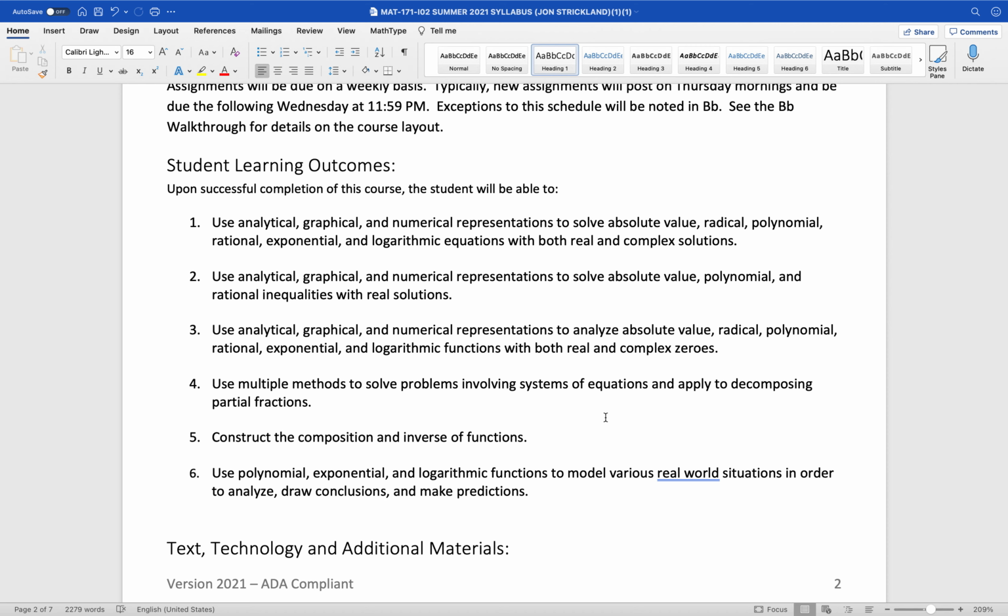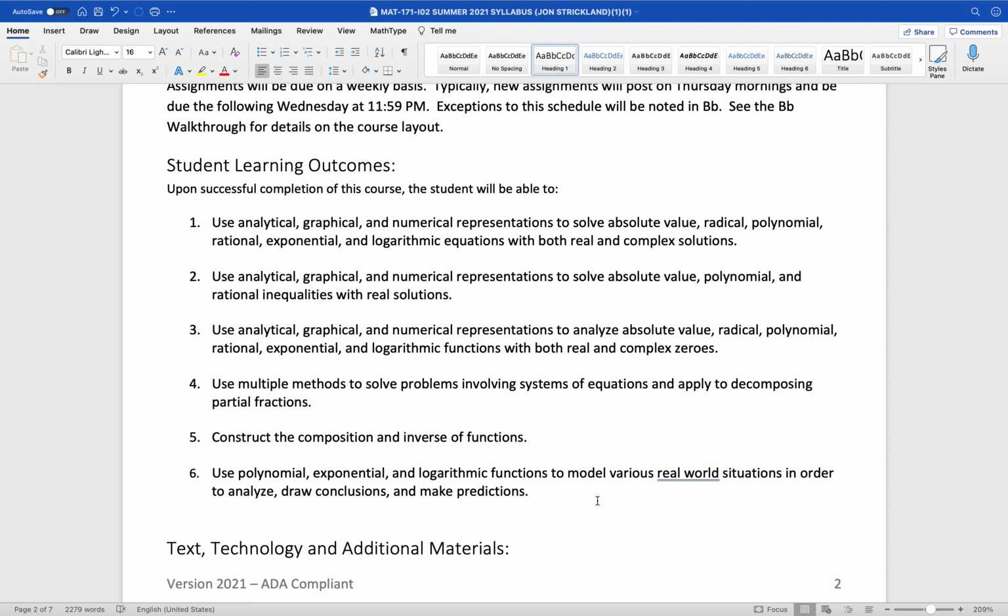We also construct the composition and inverse of functions, and you'll probably hear the term functions more than many might care to hear, because a lot of the course will be fixated on the topic of functions, since there are so many different types. Also, we use polynomial, exponential, and logarithmic functions to model various real-world situations in order to analyze, draw conclusions,